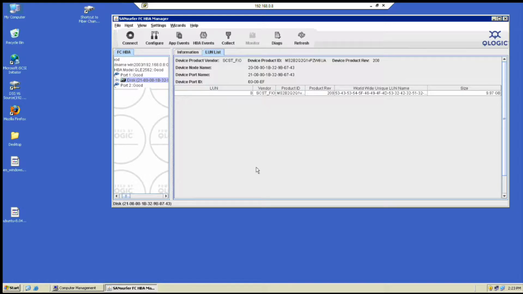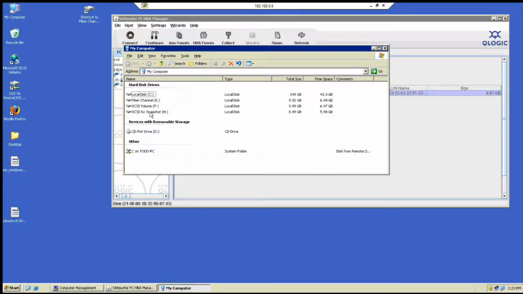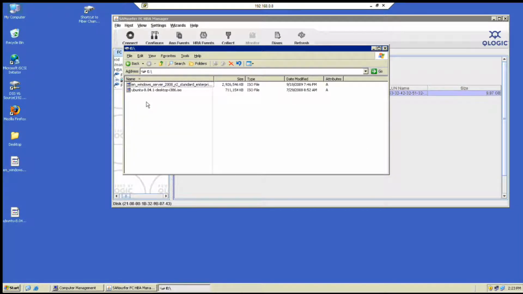So right now, let's verify that Microsoft is seeing the data, and then let's add some data. Then what we're going to do is fail over to the destination Fibre Channel volume. I've got my Windows 2003 server up and pulled up my SAN server. Right now, I'm using the 8 gigabit Fibre Channel, the QLE 2500 series. Here I'm seeing my volume. It's the 10 gig that I've created.